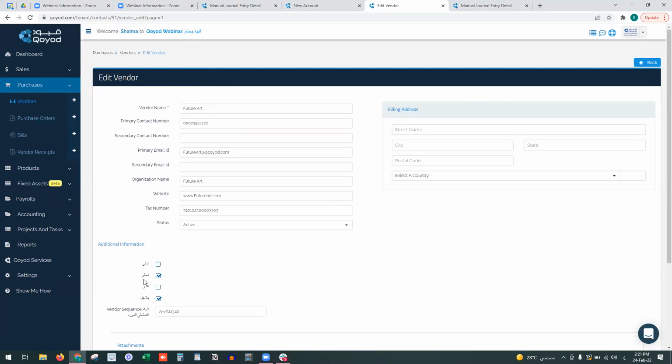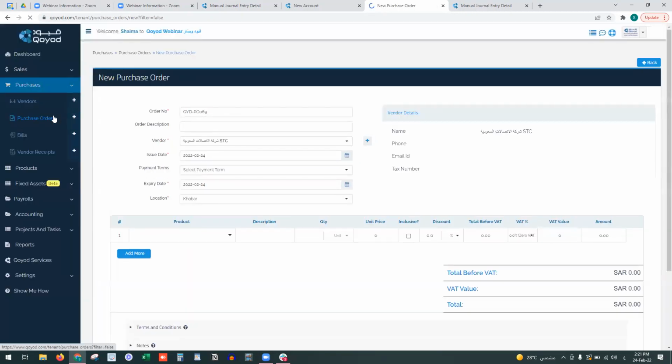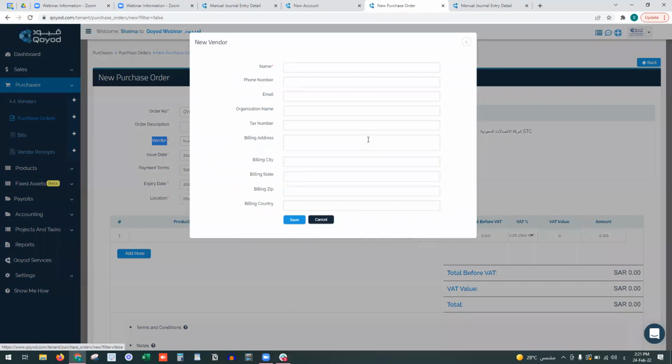Here we have additional information, if it's international or customer or cash, or if it's dealing with credit, and vendor sequence if we want to add the vendor sequence. Or we can add it by adding a new purchase order. Whenever we click on new purchase order, we can add a new vendor by clicking on add